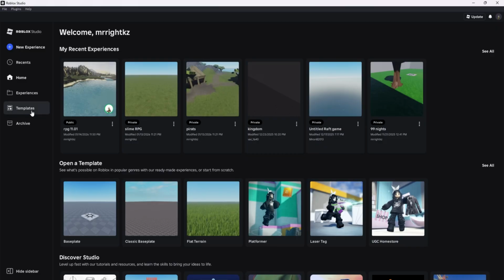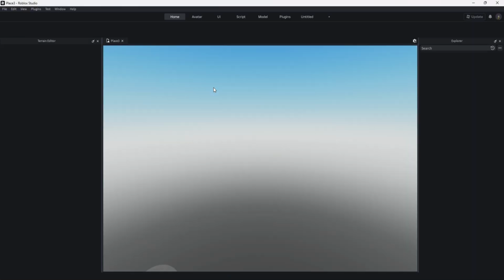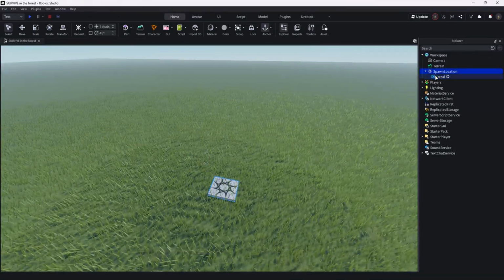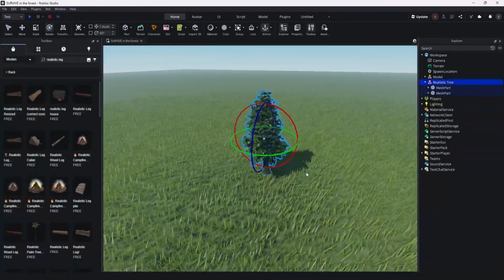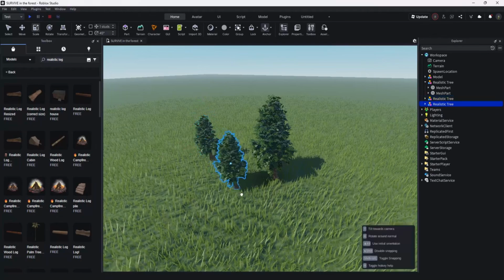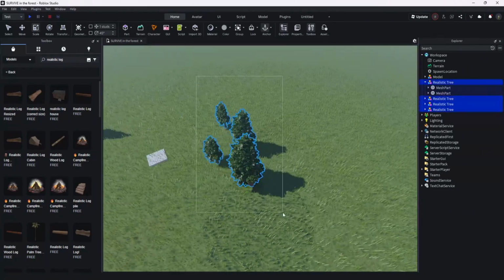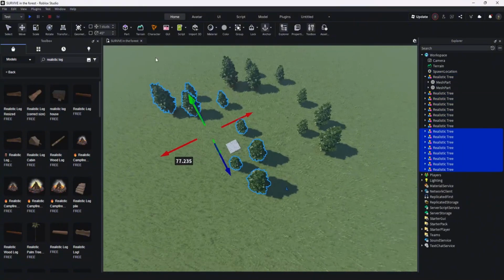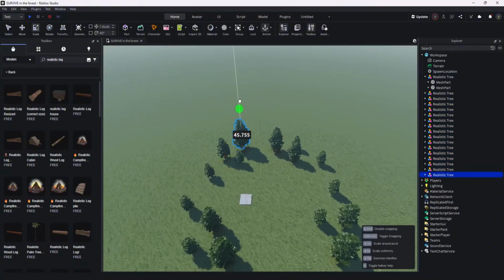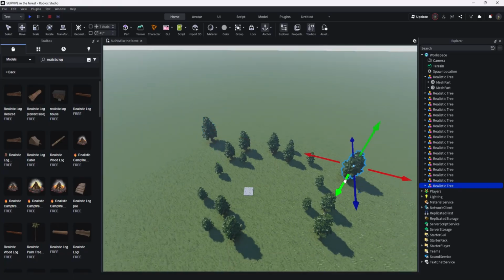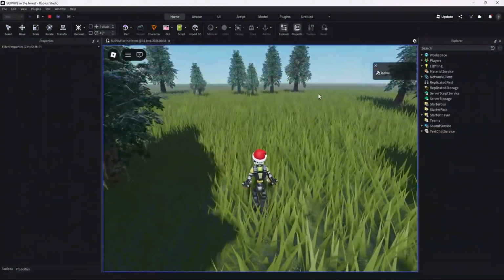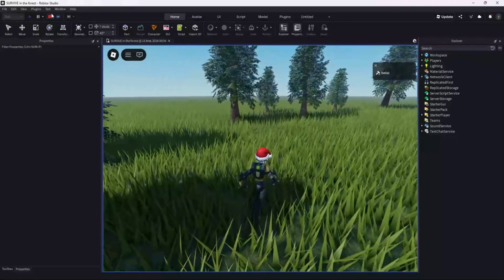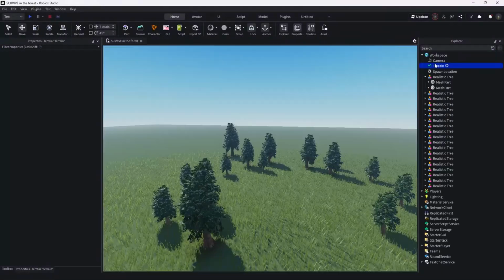I was inspired by 99 Nights in the Forest and The Forest game, so I just opened a new baseplate, added a spawn point, and then added some trees. To make this forest more realistic, I used different sizes of trees, and then used the best mechanic for programming: Ctrl+C, Ctrl+V. I haven't created any trees from scratch because in this video we'll focus on scripting and different mechanics